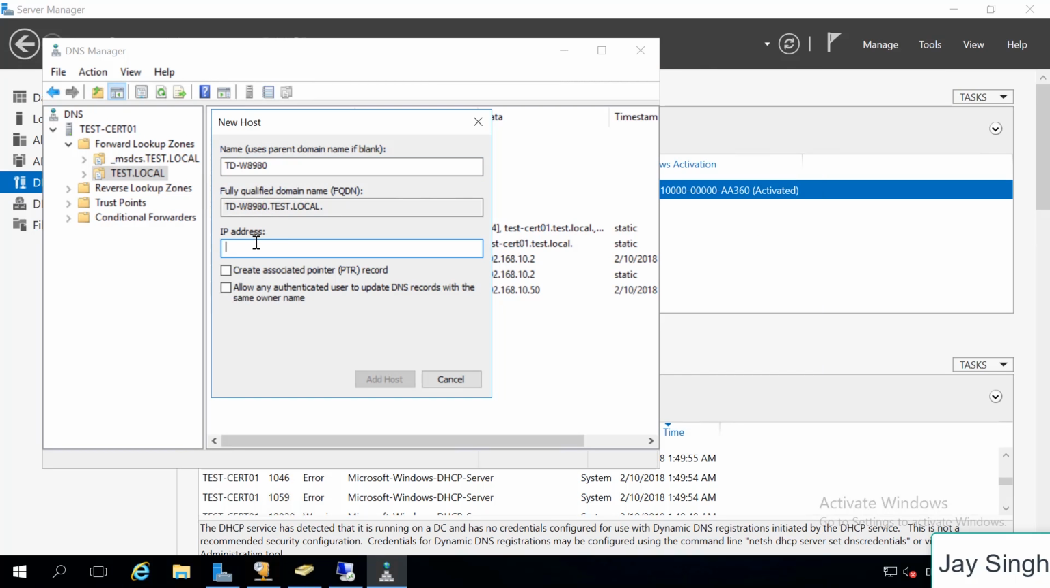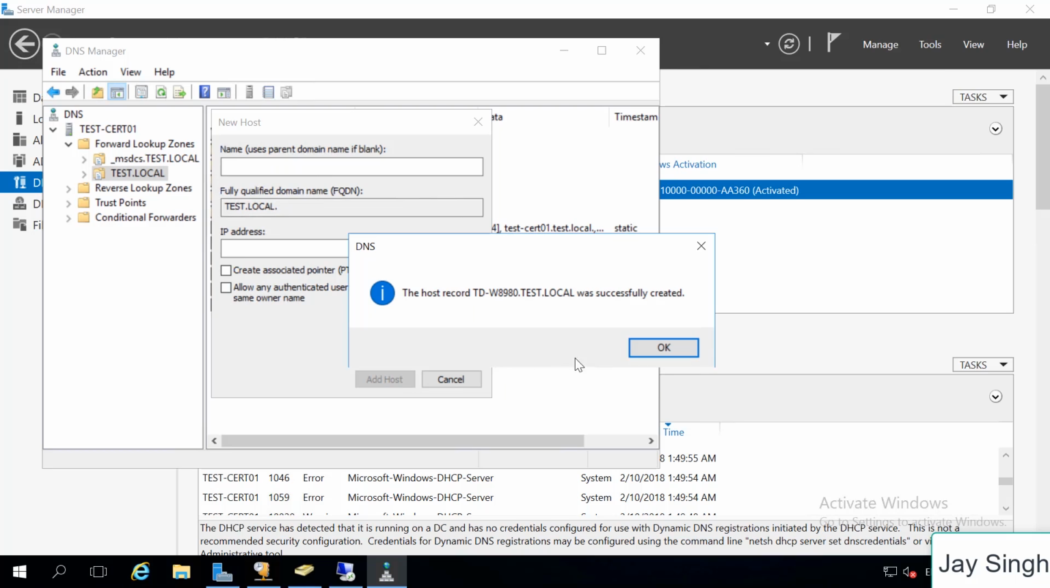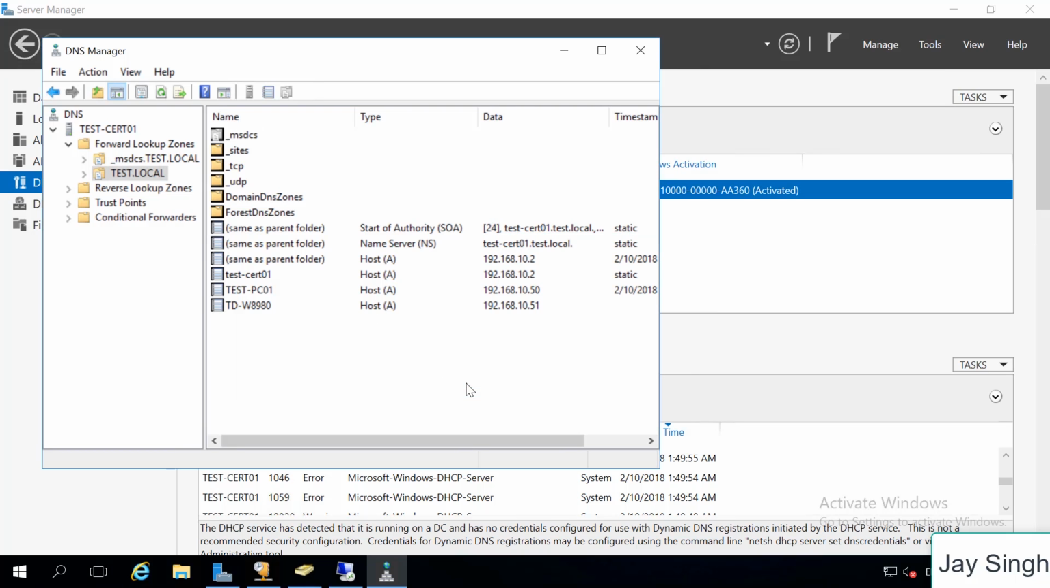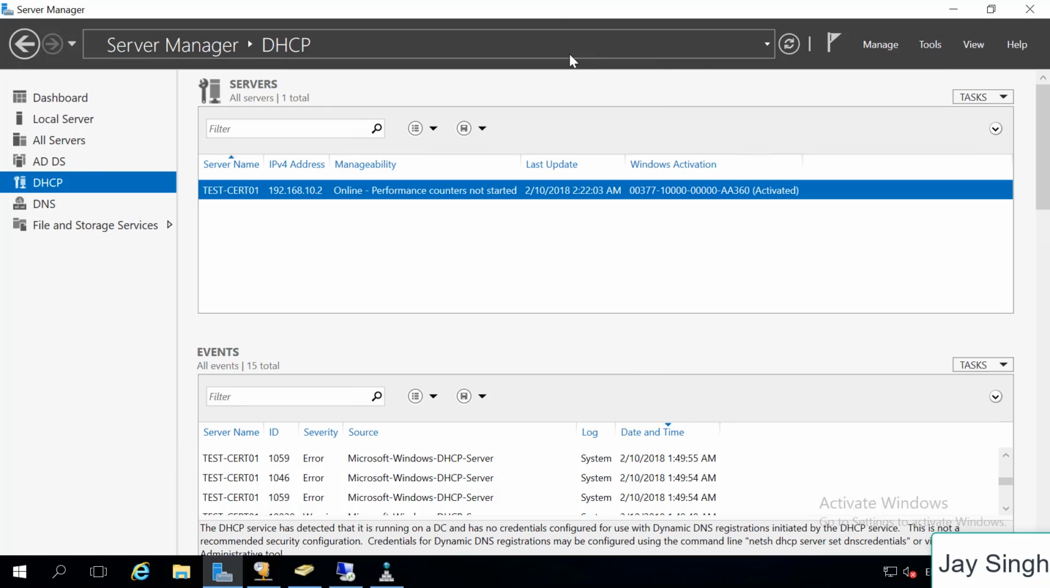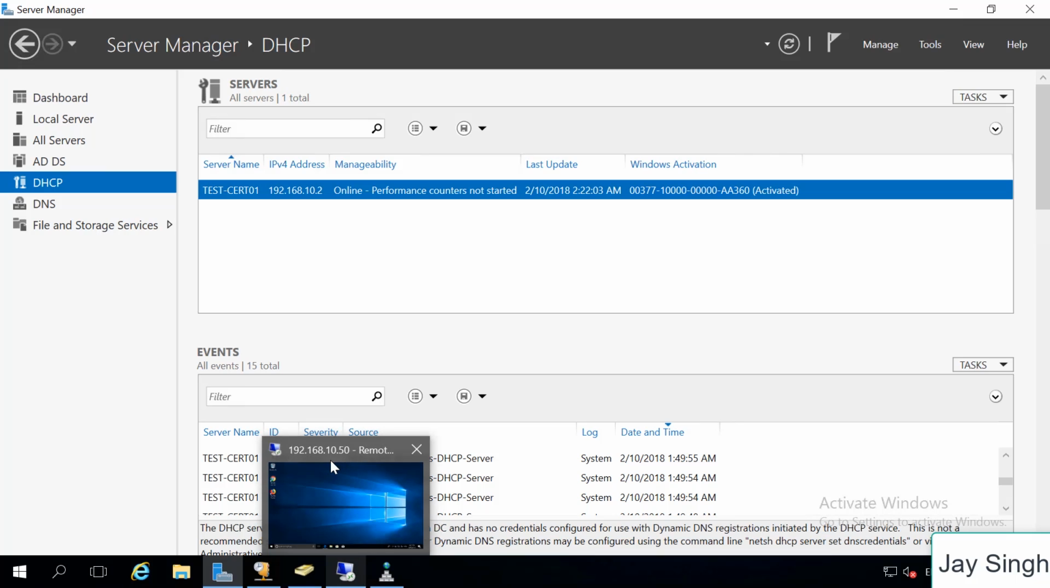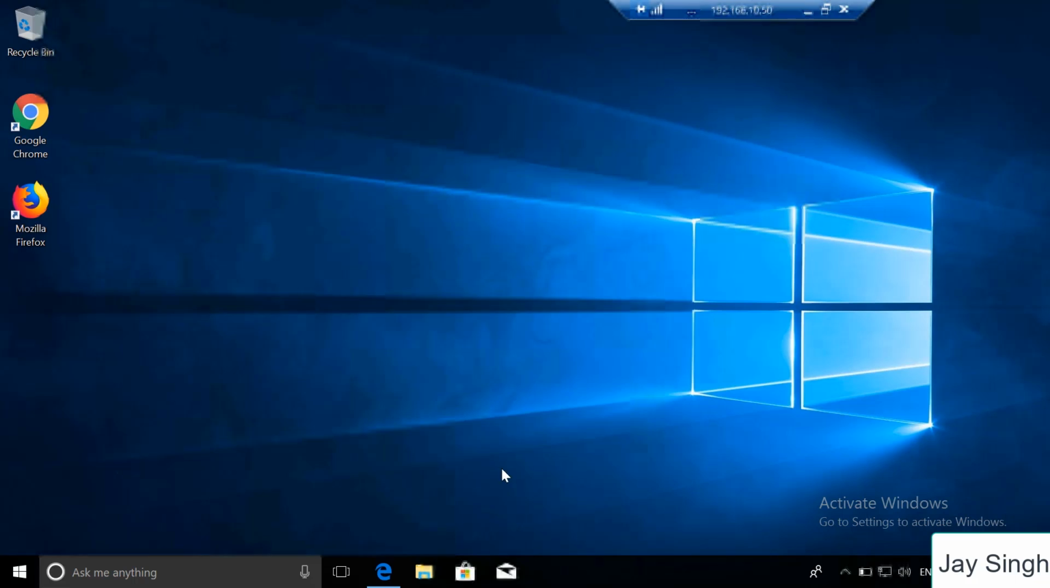TD-W8980, the IP address that we have is 192.168.10.51, and then click on add host. So this host has been added here. Done. So we have the client, IP address, and the name. So minimize that. I'm connecting to my client that I have added, the other computer, test-pc01, and then